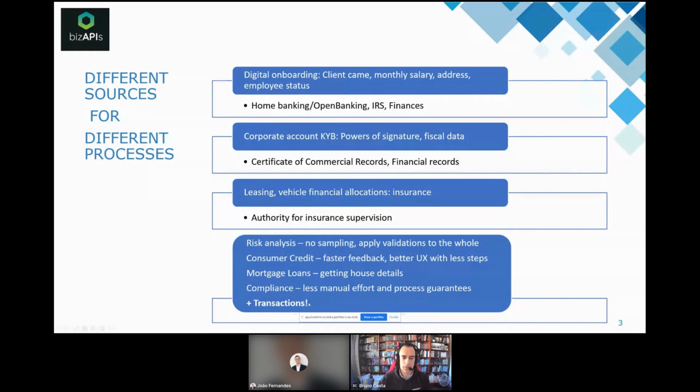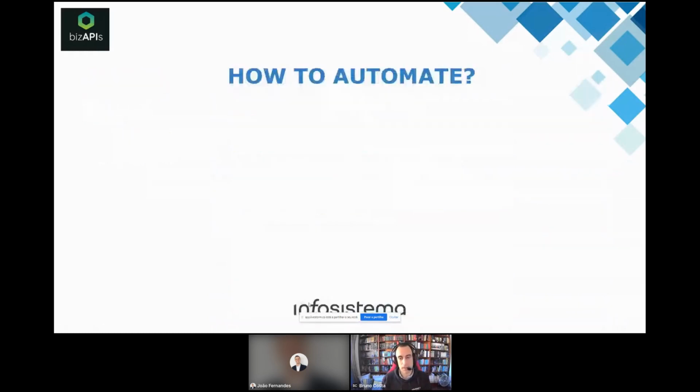So sometimes for compliance, for example, issues, a bank has to send some information to a central bank, for example. And with BIZAPIs, they can automate that commitment, that sending of information, or for a certain partner portal, for example, for support of some sale or some problem that is happening. And BIZAPIs can help in those submissions, in those transaction operations also.